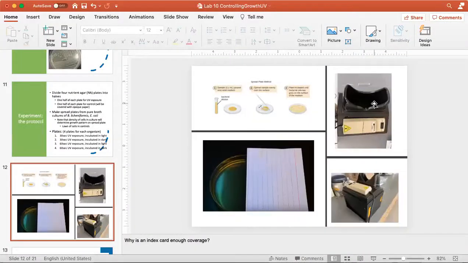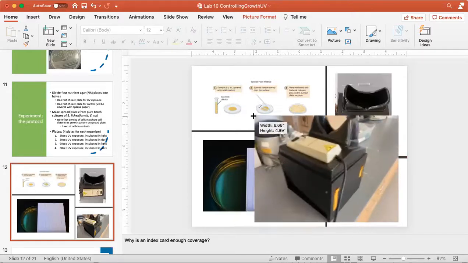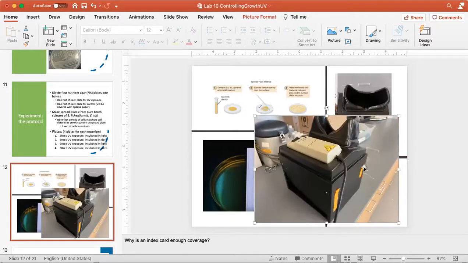Now, the other question you might have is, how do you do the UV? And the answer is, we have a little device for that in the laboratory because we use UV in the laboratory with bacteria. We have this thing called an ultraviolet light box, and that's what it looks like right here. It's literally a box. It's made out of metal. You'll notice that it's painted black. There are tight seals around it, so no light can get in. We want to make sure that the only thing these cells are getting exposed to is ultraviolet. This little thing right here that's plugged in, this is the source of the ultraviolet.